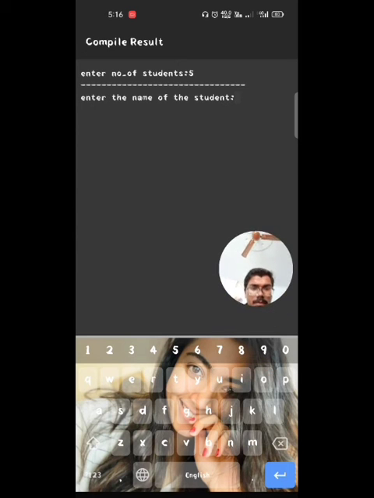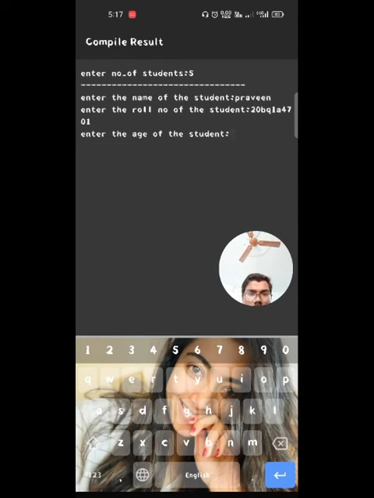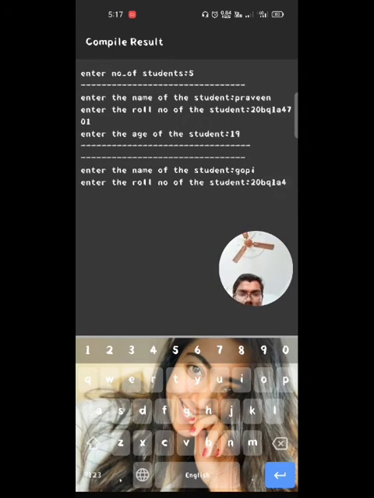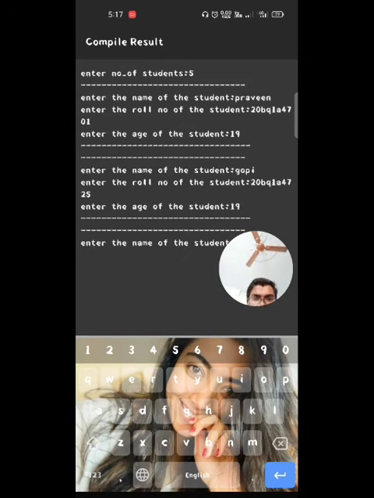For example, Praveen, roll number 20BQ1A4701, age 19. And next student, Gopi, roll number 20BQ1A4725, age 19.